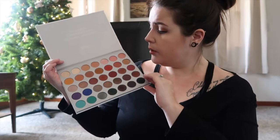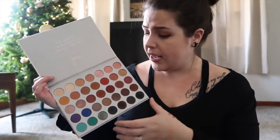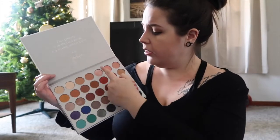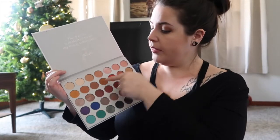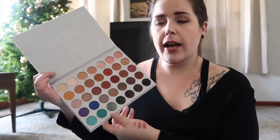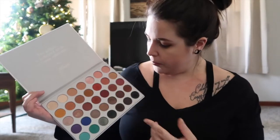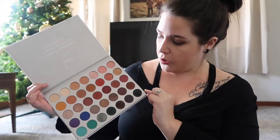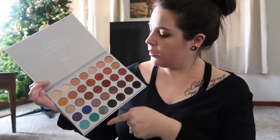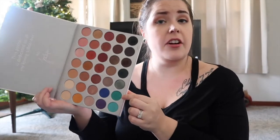I have no regrets. I am absolutely obsessed with this palette. This is my number one obsession right now because I use it almost every day. I basically stick to these 8 shades in this corner, those are more what I would use out of this whole palette. But then I kind of dabble down into this corner here, and I've used some other colors. I've used a little in this corner, and I've used this green and this blue,